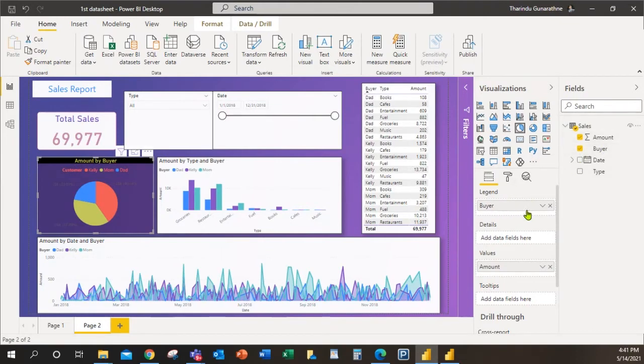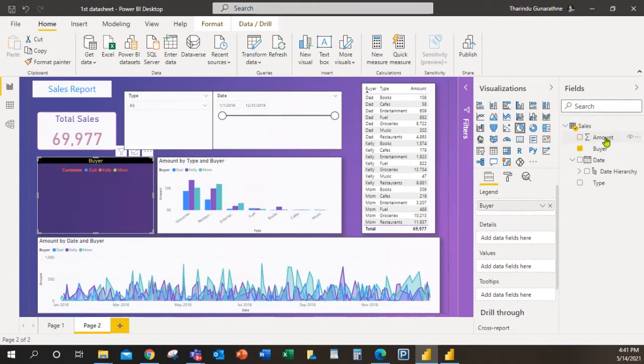So that's the way you can divide it like this. And you need to put your value to here. It's like this. So let me show that. I am picking this one and putting it here under values.